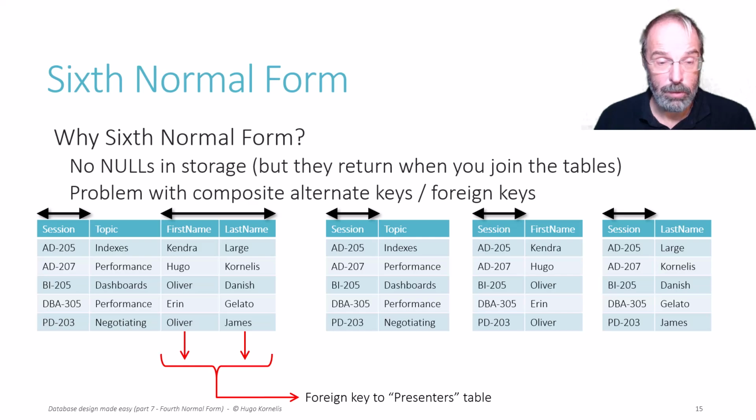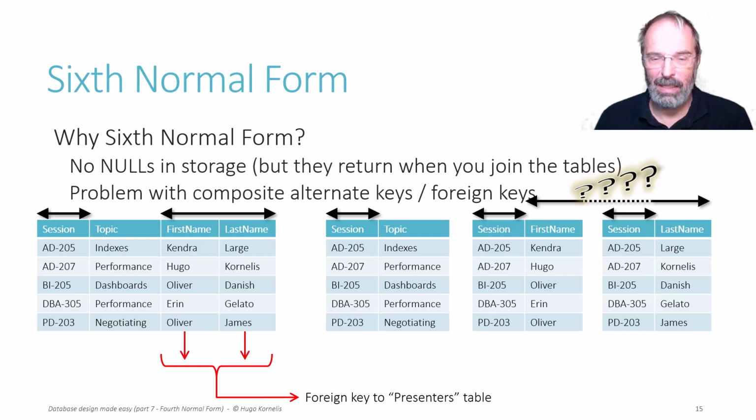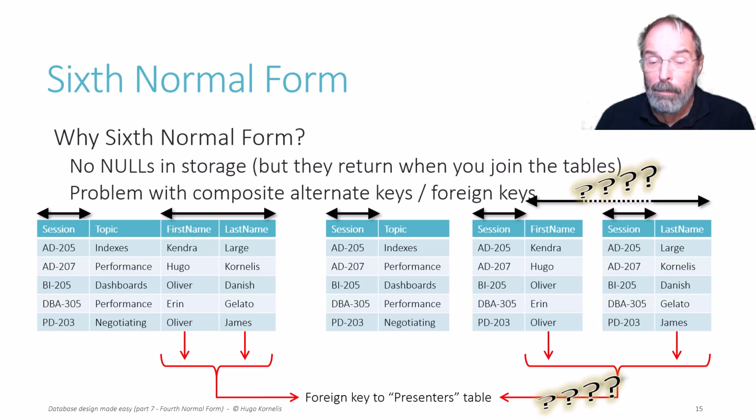those three tables, apologies. However, in the fifth normal form version, we have a candidate key on first name and last name combined. We also want that key enforced in sixth normal form, but yeah, we really cannot define a key on two columns that are not in the same table. And similar for the foreign key to the presenter's table, once more, we can't implement that because first name and last name in sixth normal form are now in two separate tables.